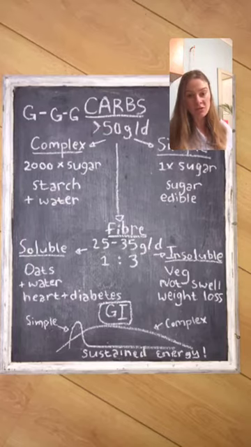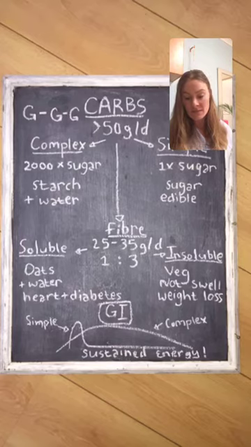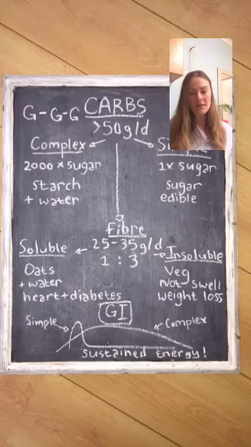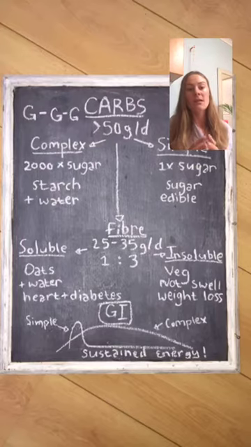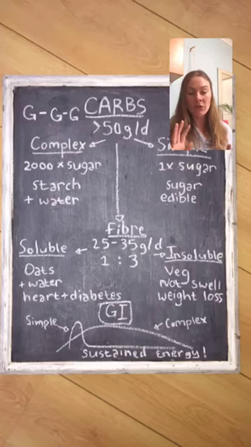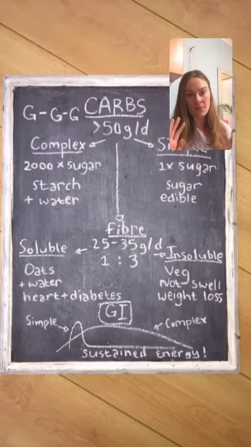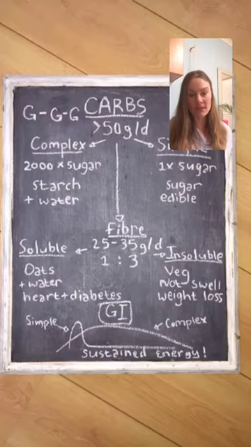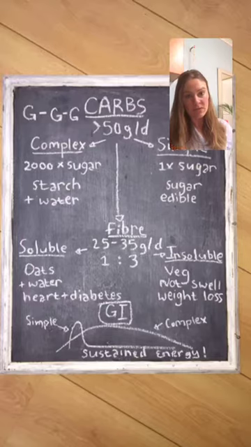Okay, so the benefits of soluble fiber, why do we need to eat this, is that when your soluble fiber gets absorbed in your gut, it prevents the absorption of your bad fats and your cholesterol. So it actually will prevent you from getting high cholesterol and things like heart disease and diabetes, because it will take the place of the fats. So that is why soluble fiber is good.